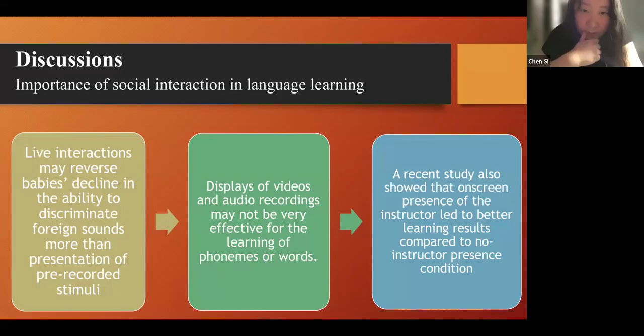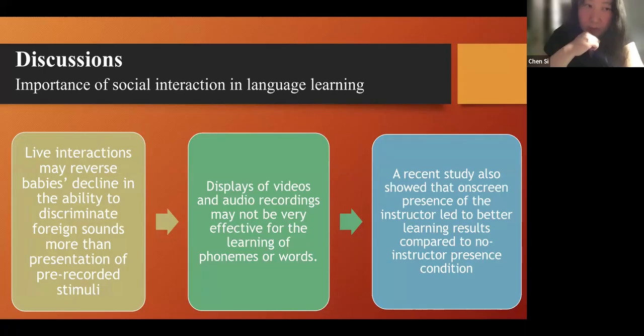So for typical population, usually it has been shown that live interactions can reverse babies' decline in the ability to discriminate foreign sounds more than presentation of pre-recorded stimuli. And displays of videos and audio recordings may not be very effective for the learning of phonemes or words.